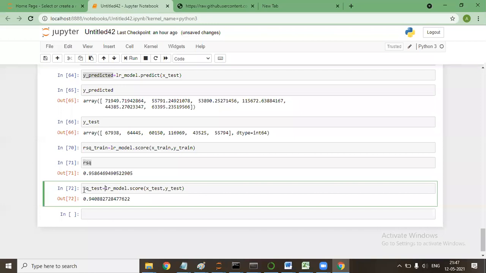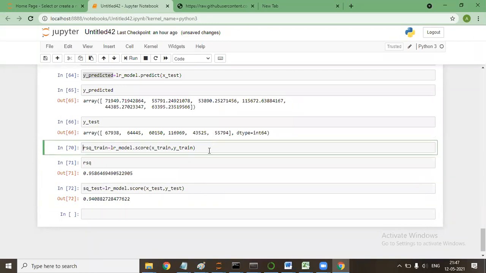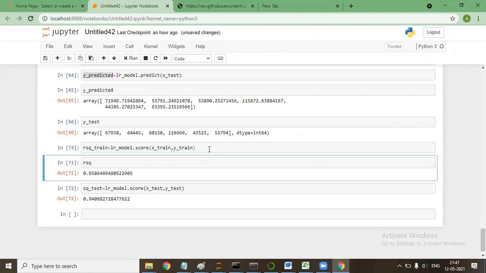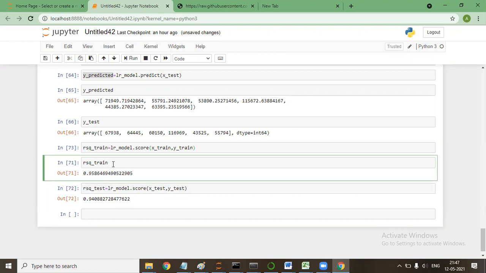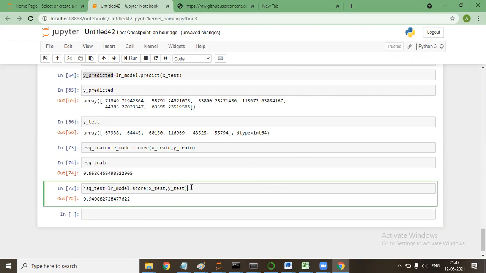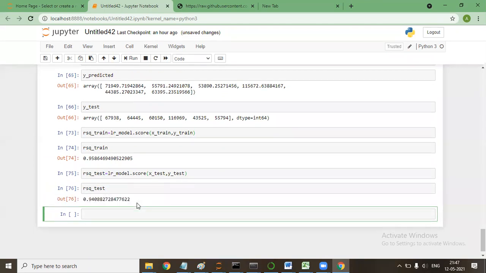Let's do this example. Is it fine now? Yes, sir.